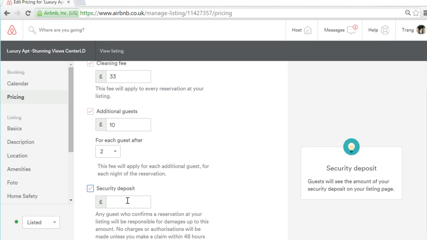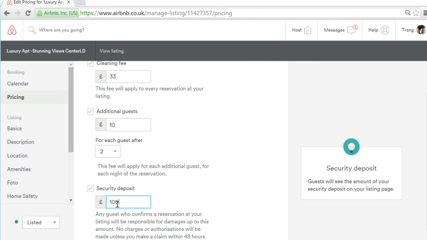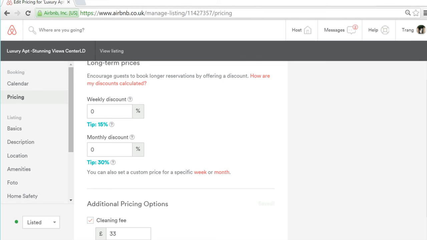And then security deposits, this month is £100. So you can either decide to add it on top or not. Okay,